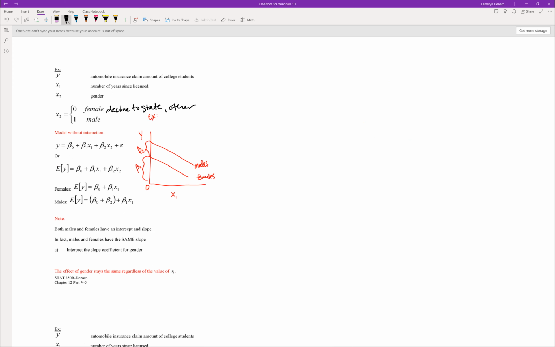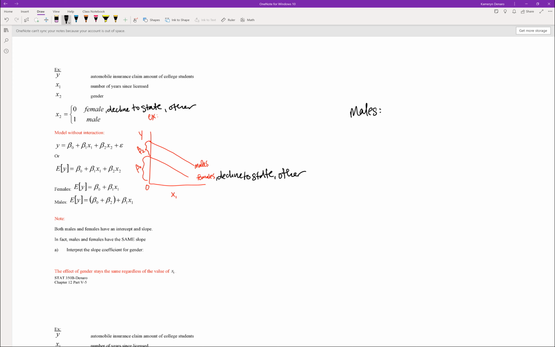So if we did a profile plot of the males versus everyone else, and we don't have an interaction between X1 and X2, these lines will look parallel when we plotted Y versus X1. If we plot the line for the males and the line for everyone else, we should have parallel lines. And if we write out the expected value for each of these groups,